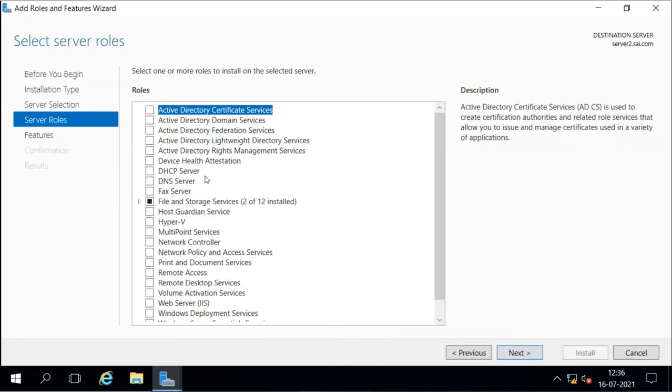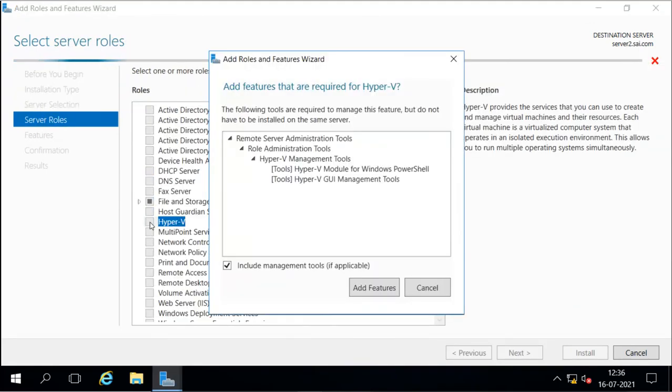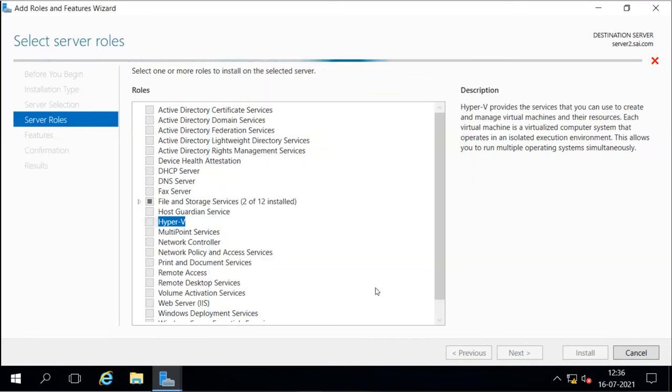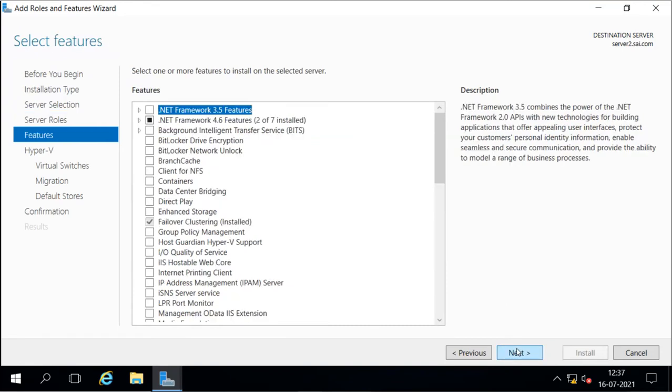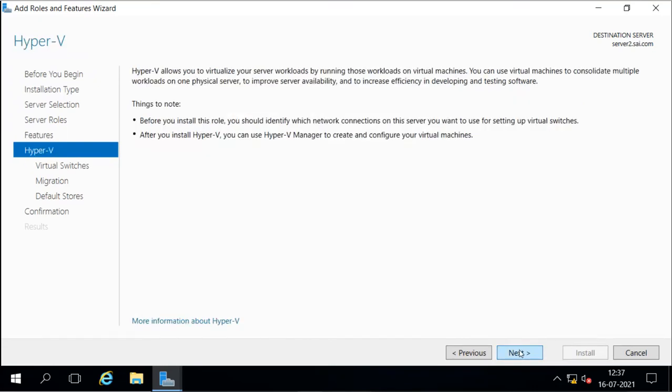Next, and then I will select Hyper-V. No feature I want, so I will go next. This is before you begin, it is asking you to verify these things are there. So I say no, I know that.